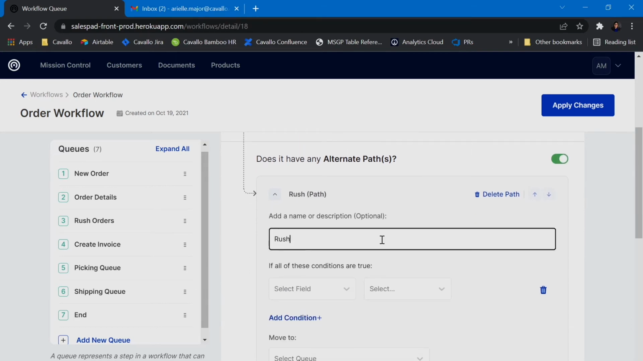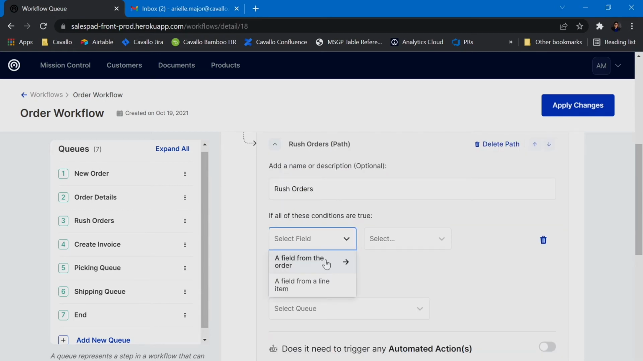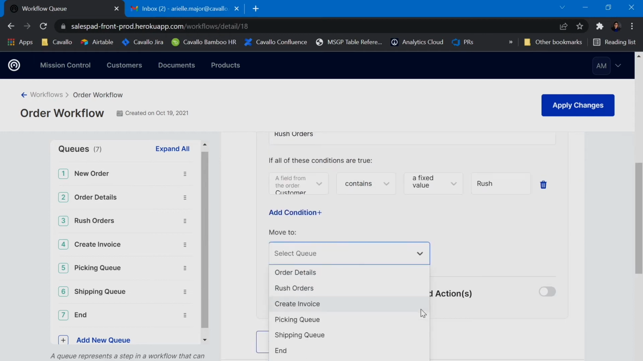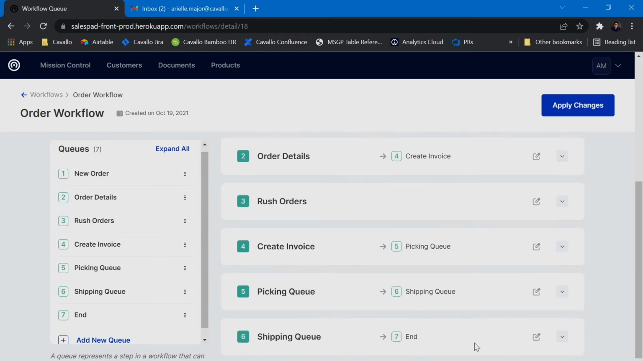I'm going to put rush orders here for the alternate path and say a field from the order and customer PO number contains a fixed value of rush. If it does, I want it to move directly to the rush orders queue rather than the order details queue. I'm going to hit save here,